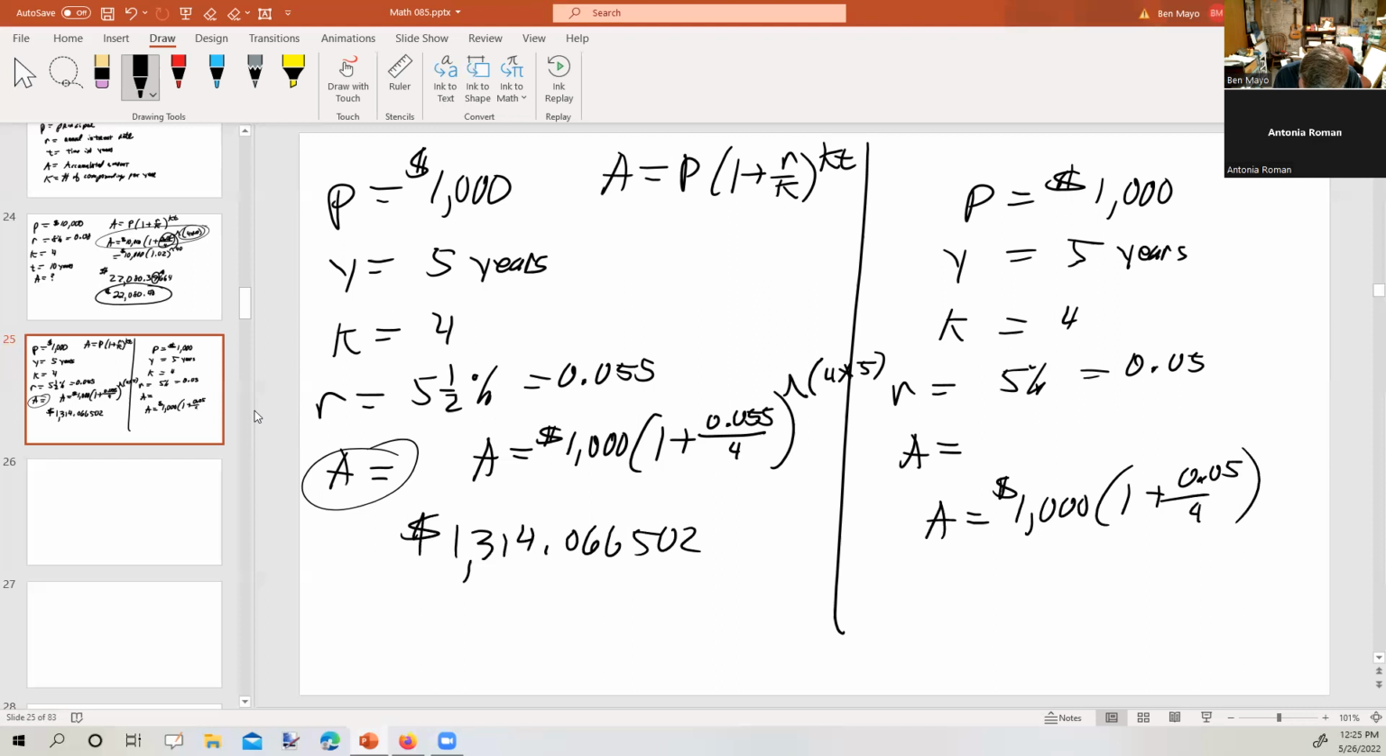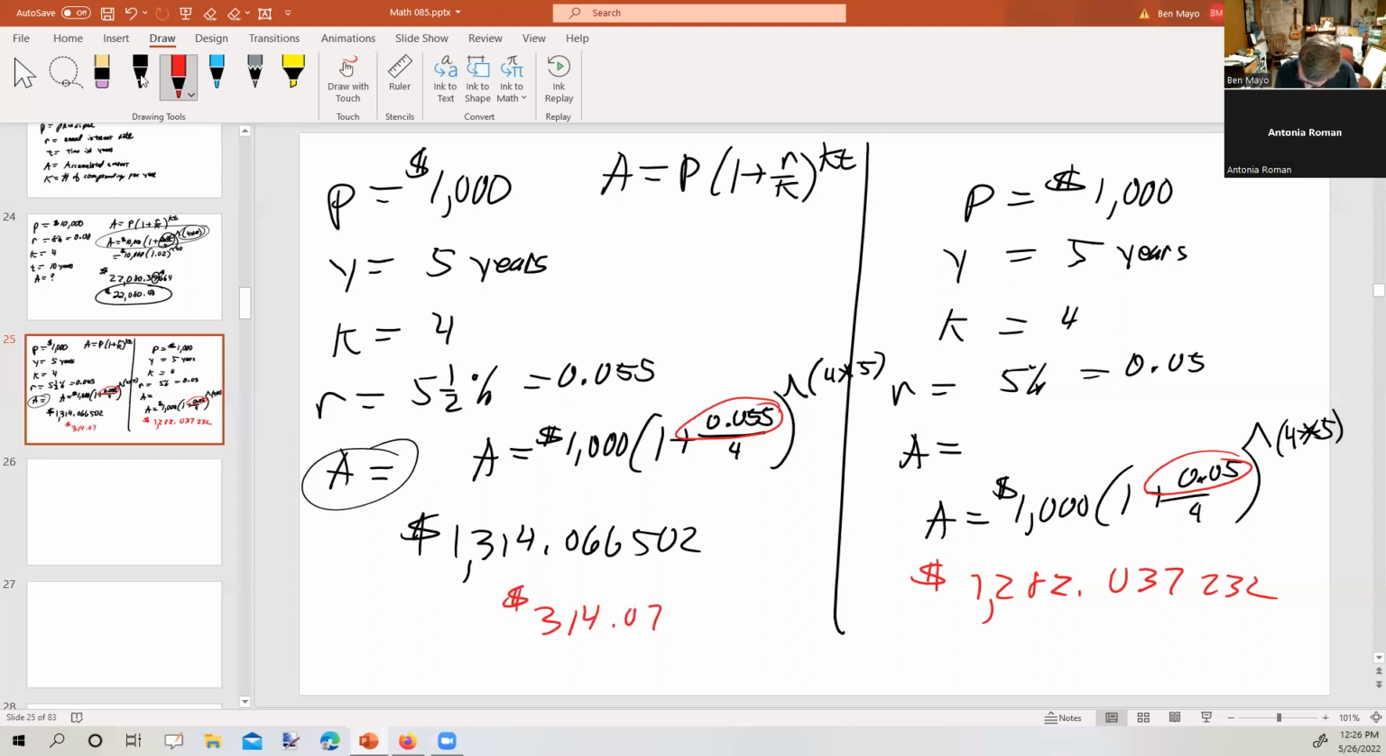0.05 divided by 4 to the 4 times 5 power. So our interest rate is less the second time around. Okay. Let's see, 1 plus 0.05 divided by 4 to the 4 times 5 power. I get 1282.037232. Okay, so the first one made